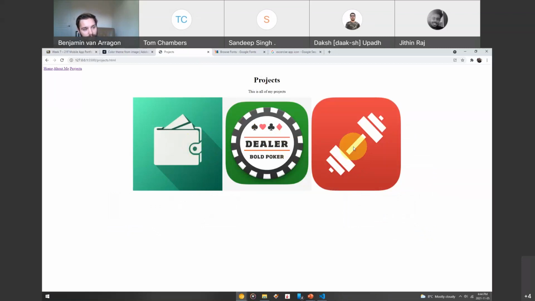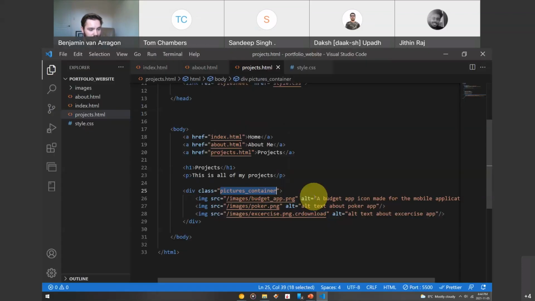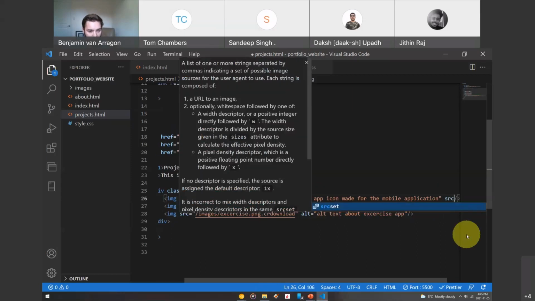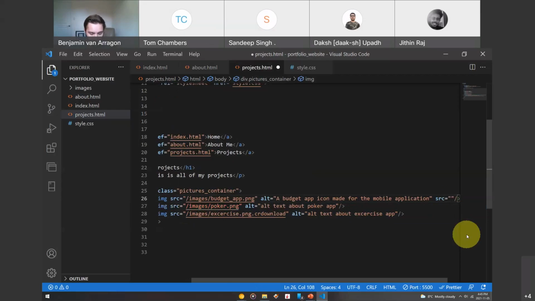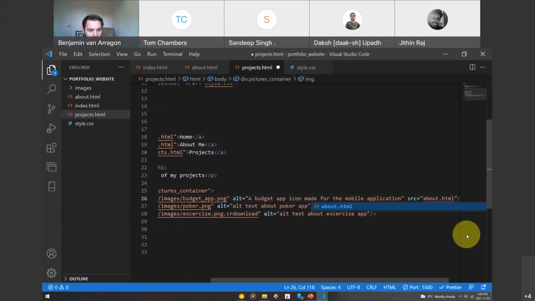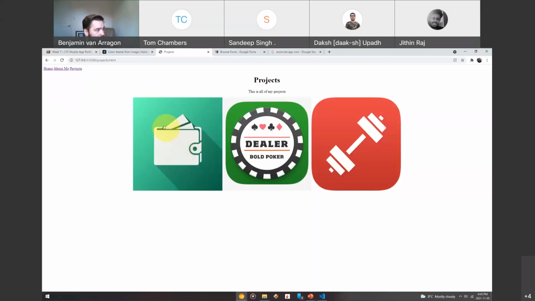Well, how do you link from an image, right? If you want there to be an actual link from the projects page, then what you can do is, inside of the image source and alt here, we can add another element before the closing tag called source src equals, and then for now, I'm just going to test it out with, redirecting me to the about.html page. See if that works. And if I hover over it,